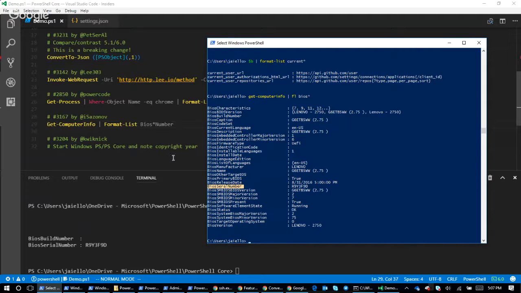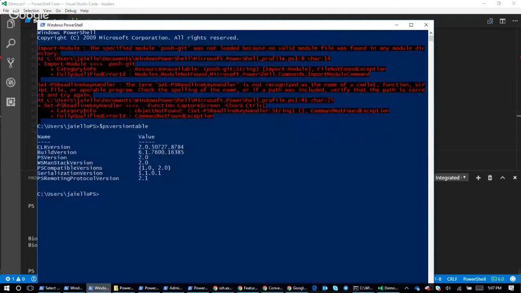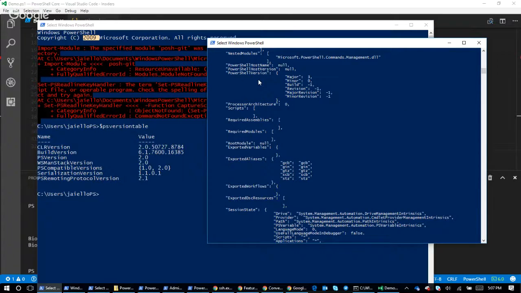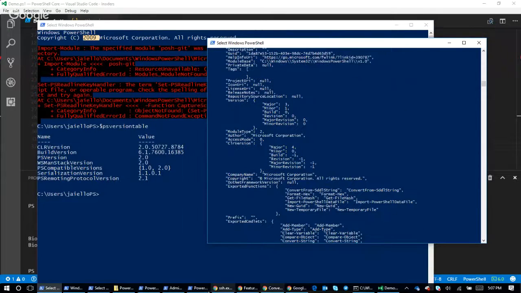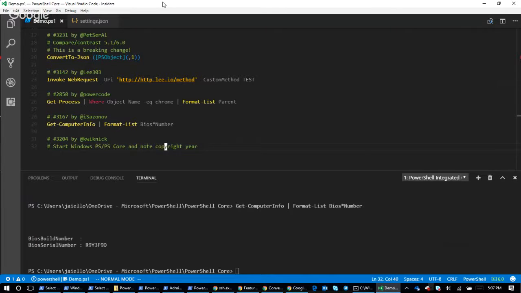Same thing with the copyright here. I think we finally got rid of it. 2009 on V2, 2016 on Windows PowerShell, I promise, and 2017 on Beta 1. I think we automatically generate it now, at build time or something like that. So great stuff. This is all awesome, right? The little stuff, the long tail of annoying bugs that we've all lived with for 10 years. Thank God they're finally getting fixed.